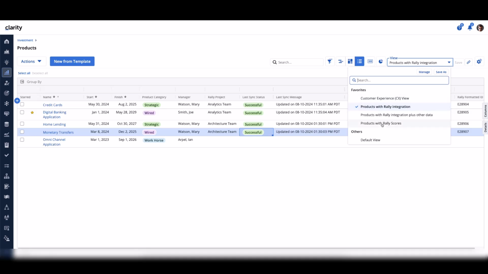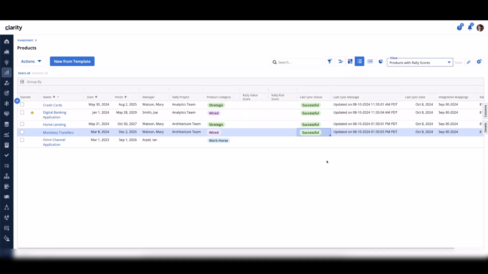So I'm going to switch to a different view to bring in these 2 additional columns, the Rally value score and the Rally risk score. The Rally value score is going to sync from Clarity to Rally. The Rally risk score is going to sync from Rally to Clarity.